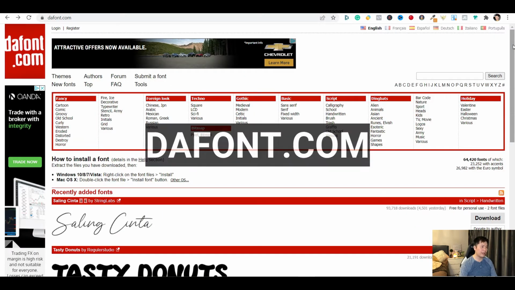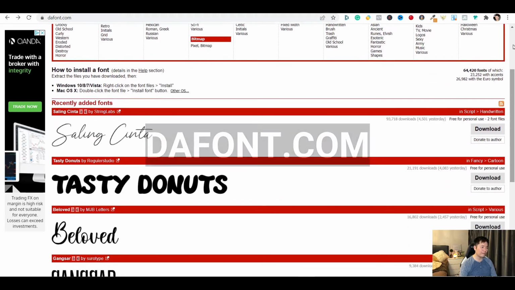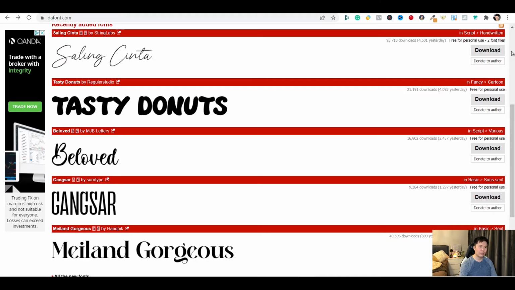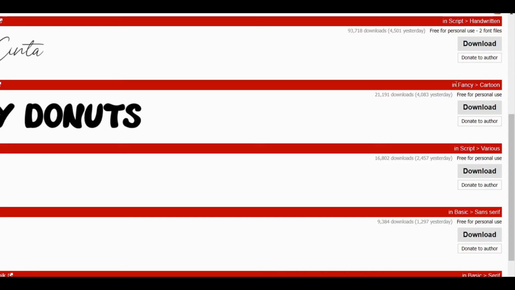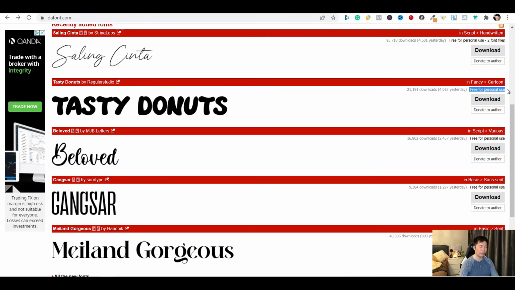The third website is called dafont.com. You will see some of the recently added fonts on their homepage. But once again, you will find most of their fonts here are only good for personal use and not commercial use. Something helpful on the homepage of the font I want to point out before we move on to the next step